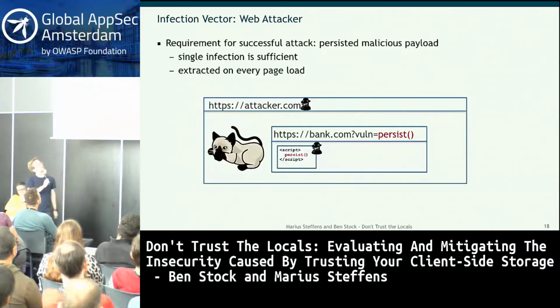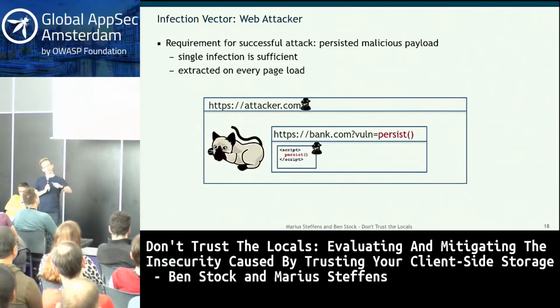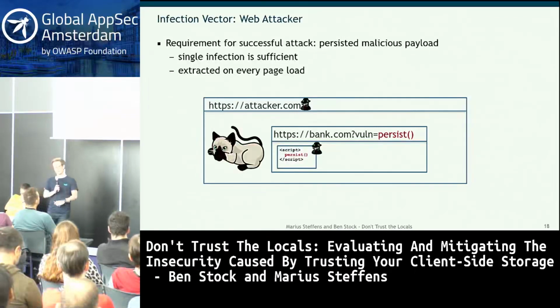In this case, our web attacker actually uses another form of cross-site scripting, a reflected variant, to get code execution and thus again plant a payload in the specific origin where he has the code execution, or, for cookies, again being able to do it for the registerable domain. And with this information, we can now start looking at which of the applications are susceptible to one of these infection vectors, and then later on have a persistent XSS to find end-to-end exploitability.